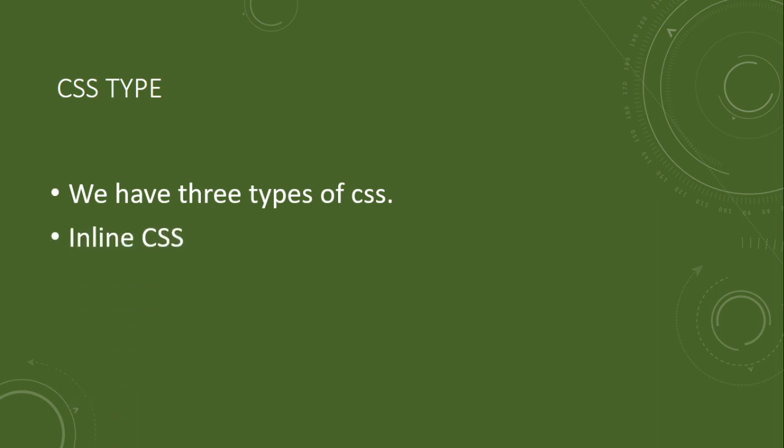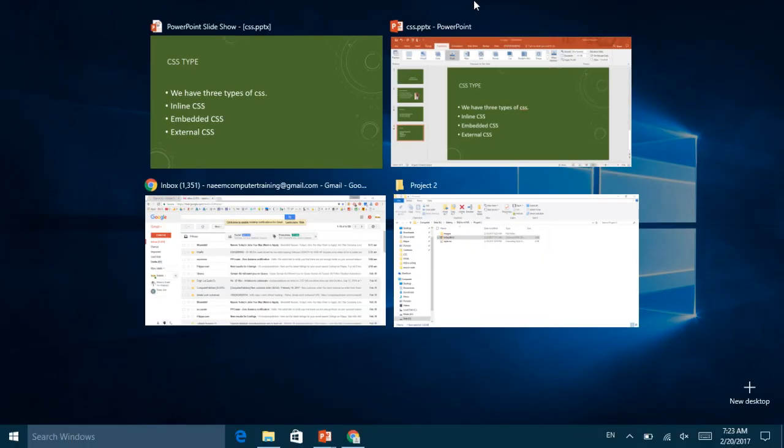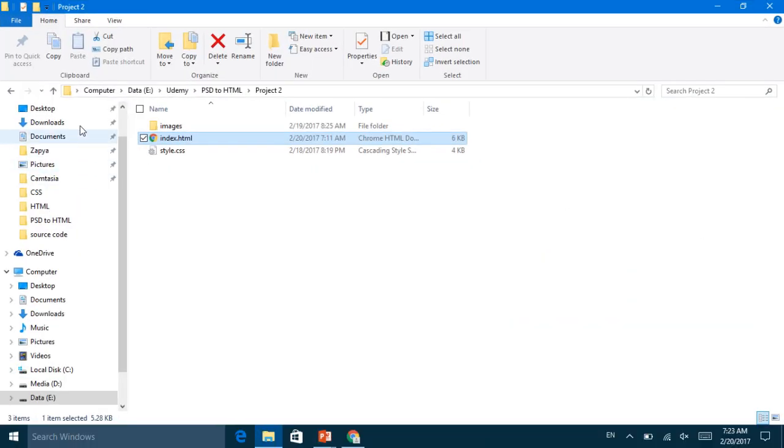In this class, we will cover the types of CSS. Keep in mind, there are three types of CSS. Number 1, inline CSS. Number 2, embedded CSS. And 3, external CSS. In this class, I will tell you all about the three types of CSS and explain how to use them. Okay, I'm coming to my web folder